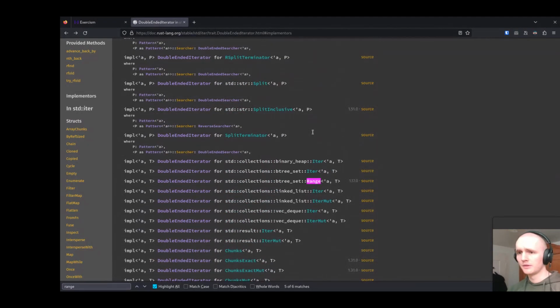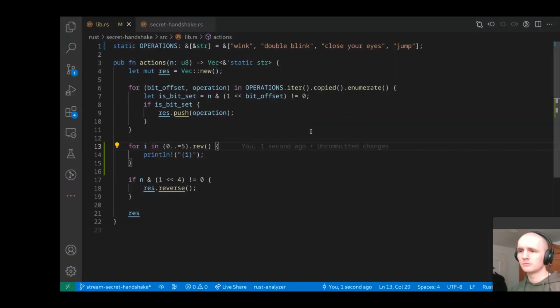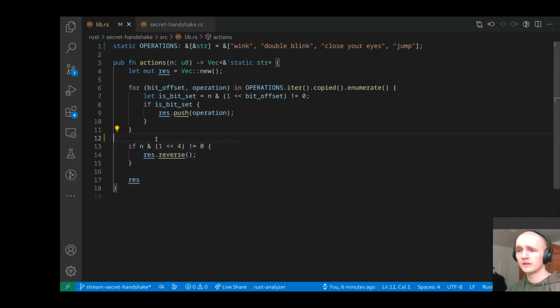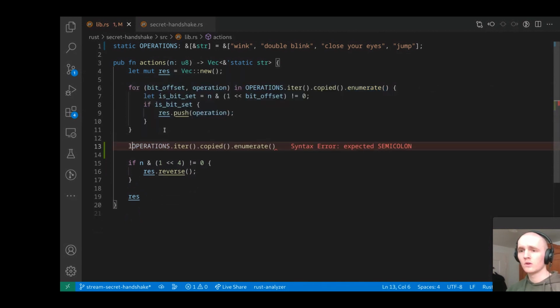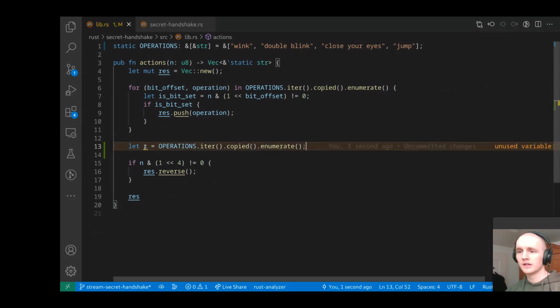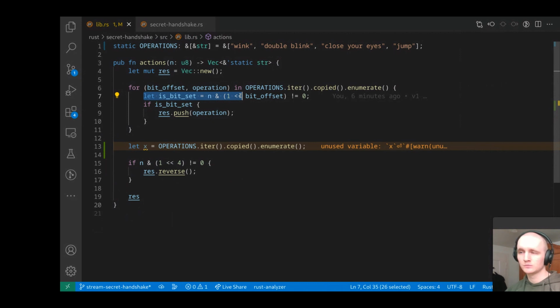Why am I talking about this? Maybe we can try to, I think we're going to fail. Let's just try, and it'll be instructive why we fail. Here we have an iterator. Let's put that like this. This is an iterator over the tuples, and what we're doing here is,